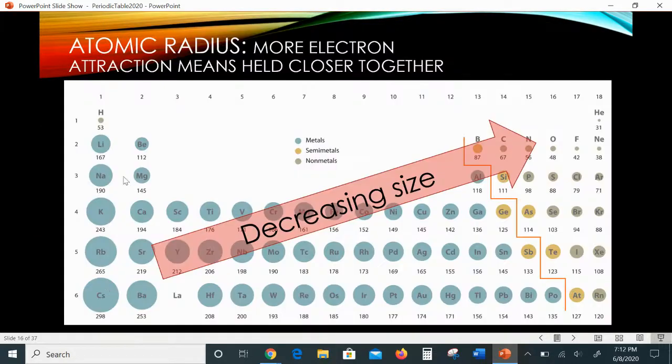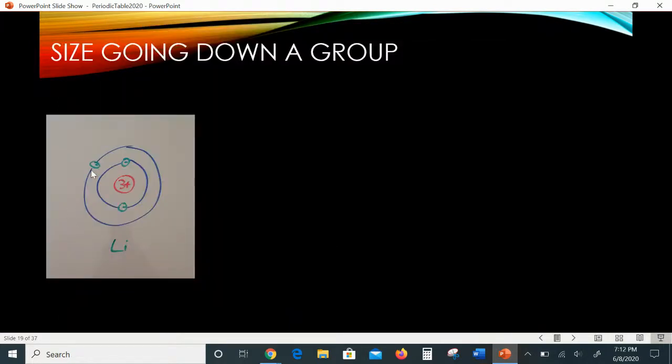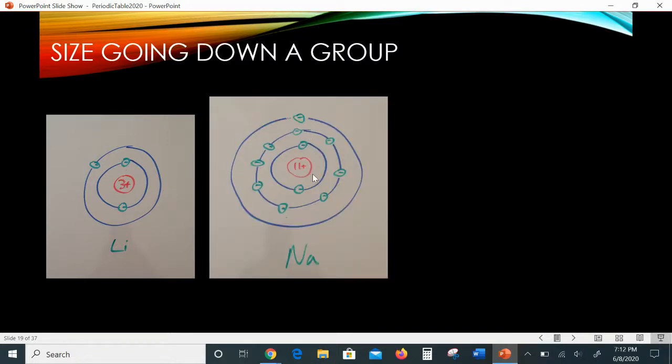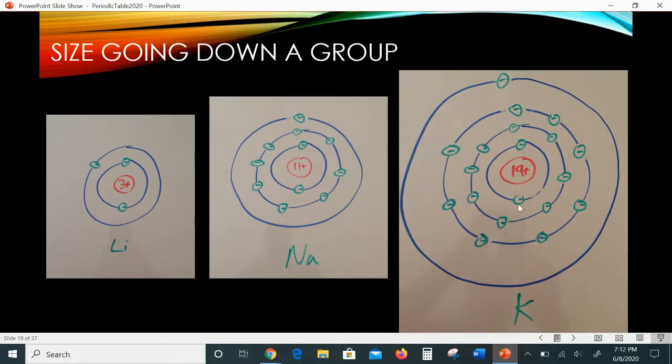All right. So going down a group. As we go down, notice the size gets bigger. Okay, helium, neon, regardless, they all get bigger as you go down, and let's describe that. As you go down, you're increasing your periods, and as you increase your periods, you're increasing the number of rings. And as you have more rings, it needs more space, right? So lithium, sodium, potassium, they're all in group one. They have the same number of valence electrons, but lithium is much smaller than sodium because it only has two energy levels, two rings, whereas sodium has three rings. Potassium has one, two, three, four rings, right? So it needs more room for those rings, so it gets bigger as you go down.